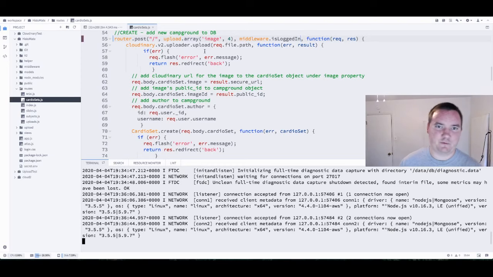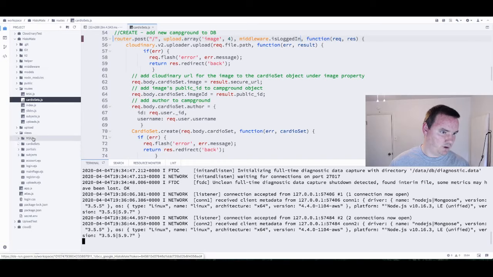If you've used Multer before, it's just when the form gets submitted from the EJS file, well, in this case HTML, and it has enctype equal to multipart/form-data. So I'll show you what that looks like, so you're not just trying to imagine all these weird words. So cardio sets,